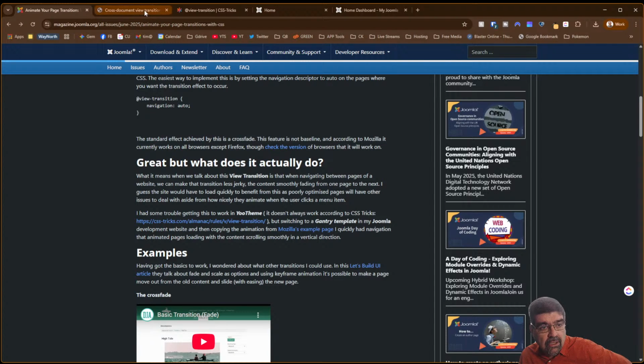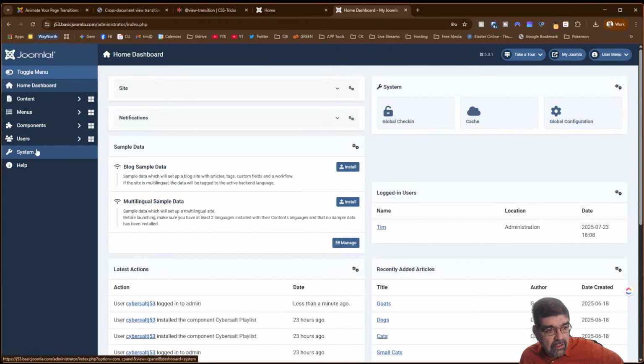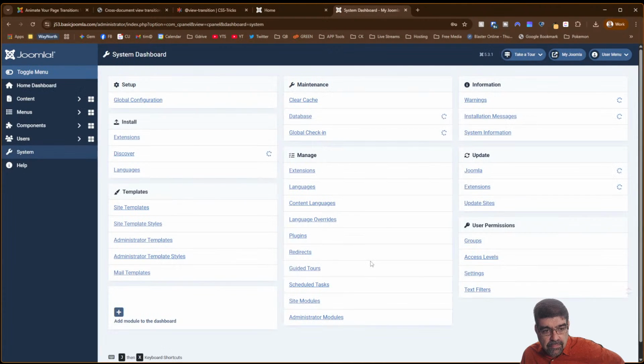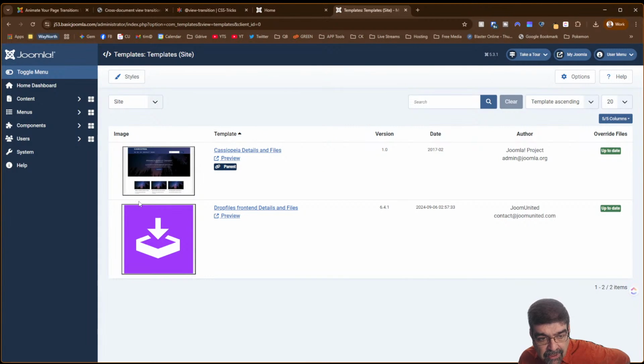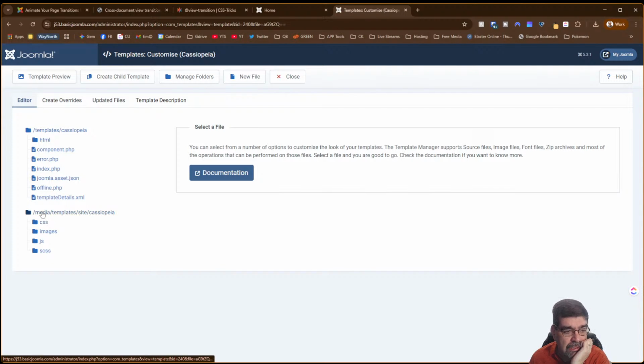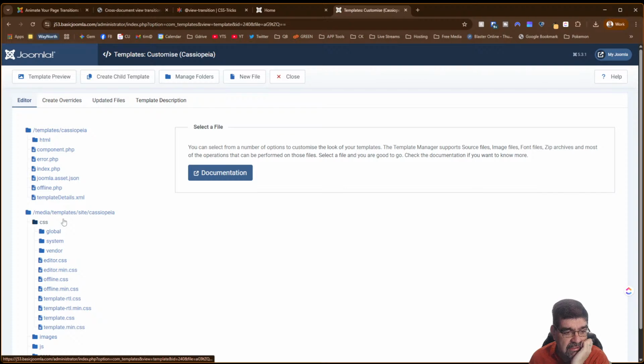We'll go in the back end of our Joomla site here. We go to System. Whoops, I'm going to log in again. We're going to go to System, Site Templates, Cassiopeia and Files. Now we're going to put this in custom CSS, which means I believe we're going to go to Media, CSS, and then we're going to add a CSS file